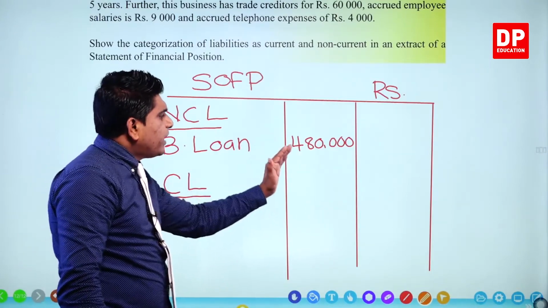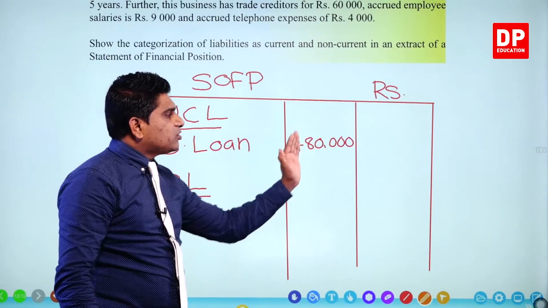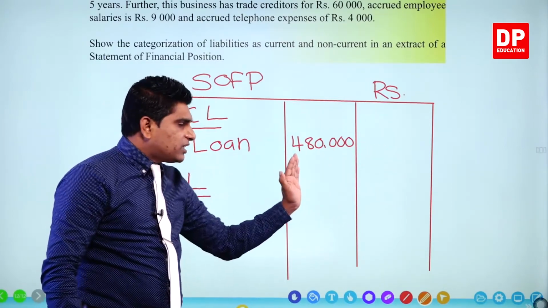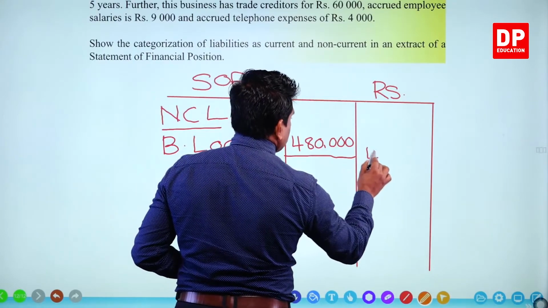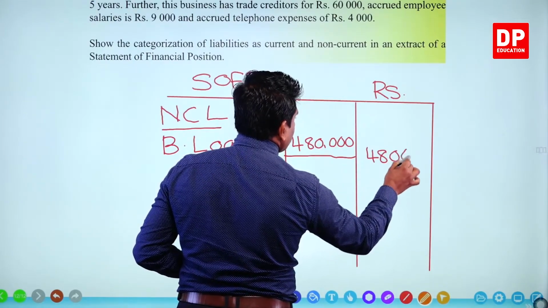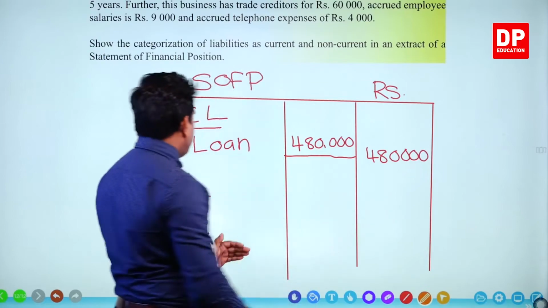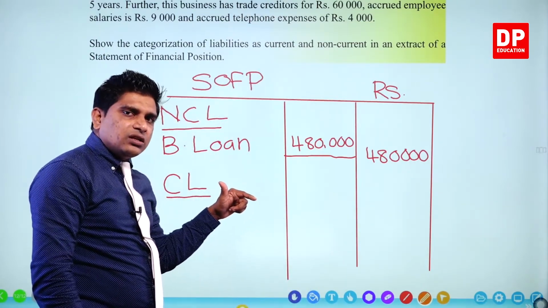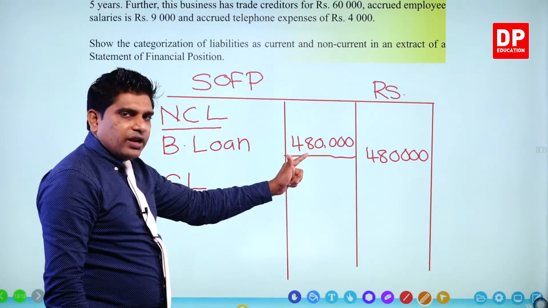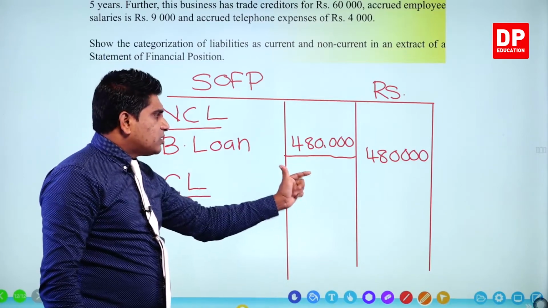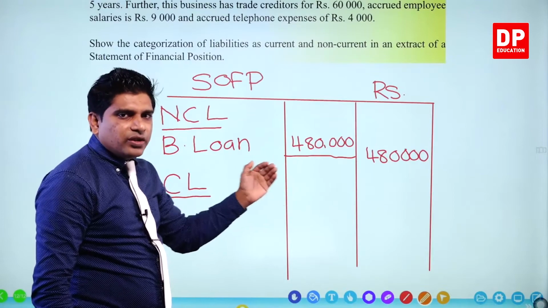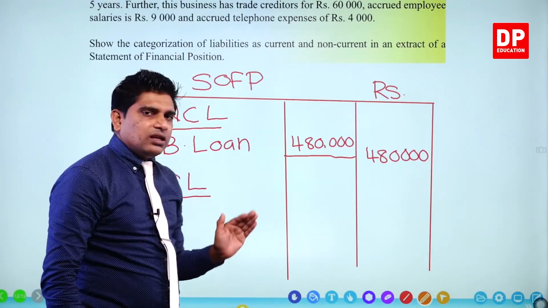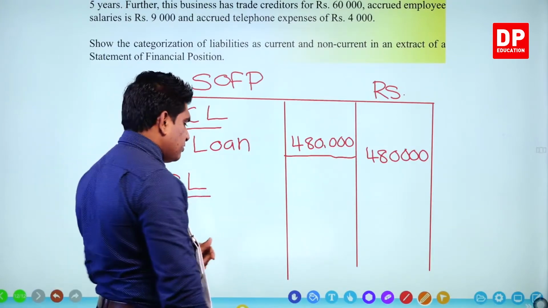If you want, you can write 480,000 directly in the second column. But I put it here. I draw a line. I bring it to the second column, right? You think like this, if they have given mortgage loan 20,000, 490,000 we write here, mortgage loan 20,000, then 500,000 we bring to the second column here because only one, so we directly bring the same answer to the second column, right?